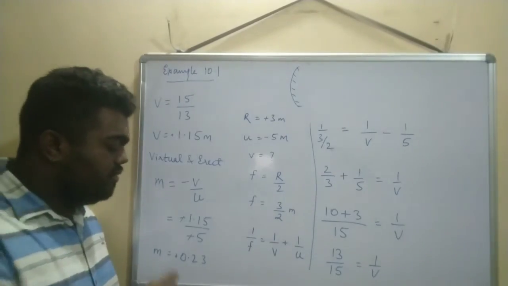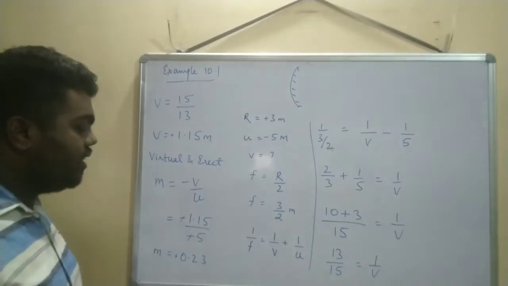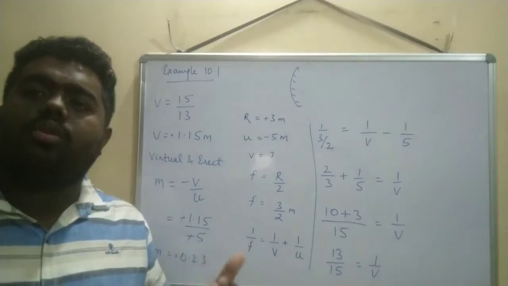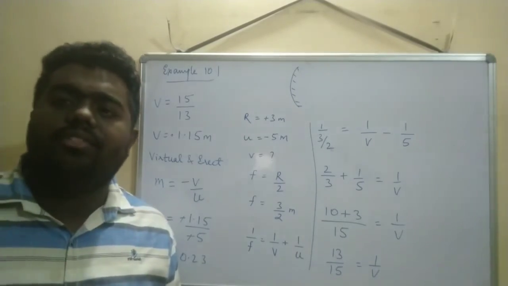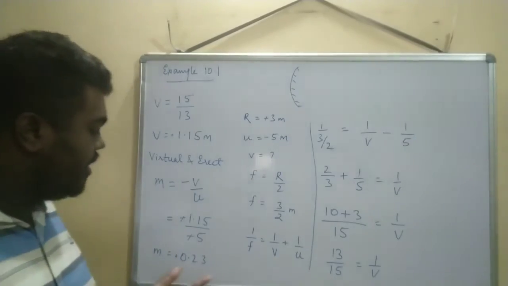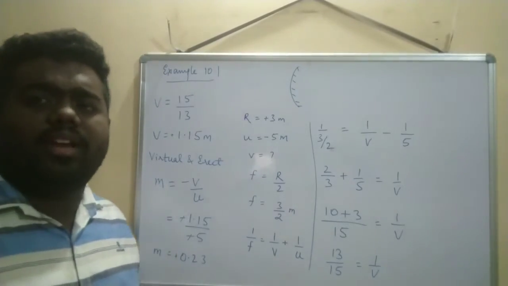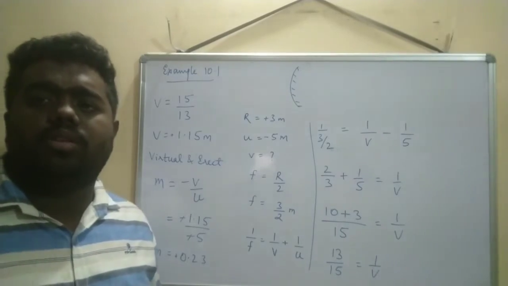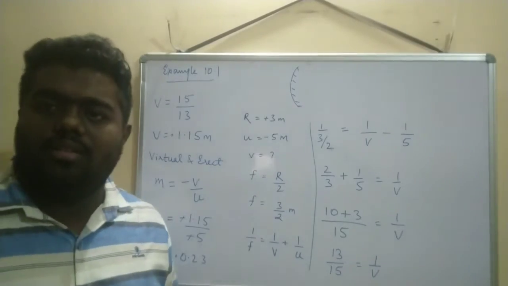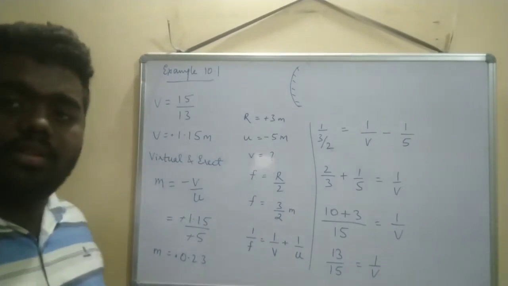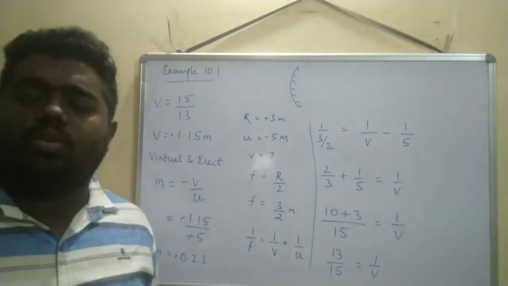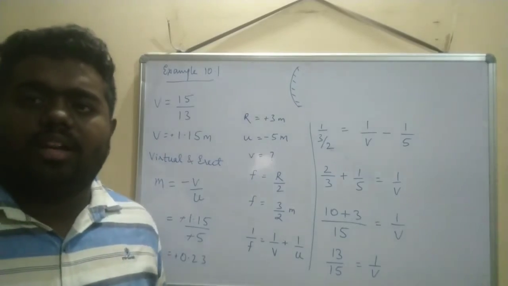Okay, fine. Now what we will say, the image is plus 0.23 times magnified of the object. Or simply you can write image is plus 0.23 times magnified. That means magnify भी नहीं हुआ है, कम हुआ है. You can understand by 0.23. अगर 1 से आगे जाता तो magnify हुआ है, that we can say.